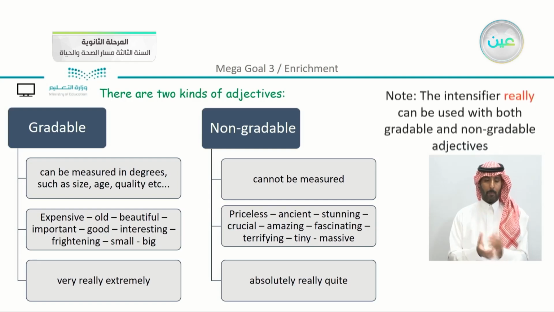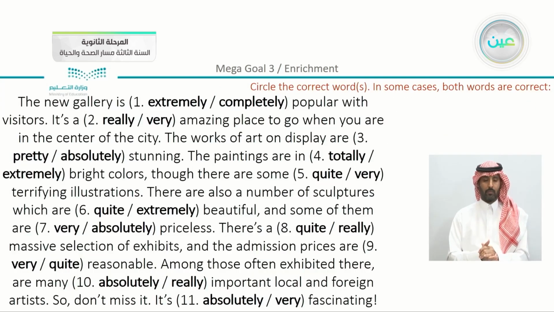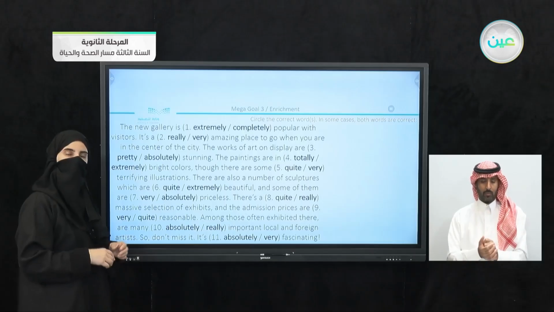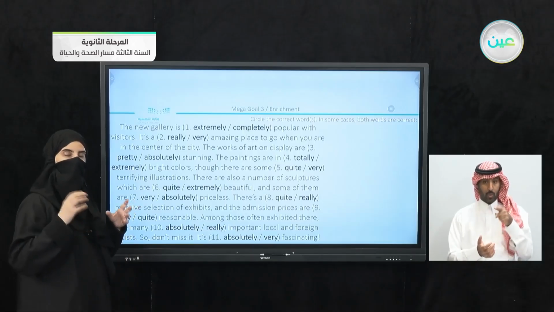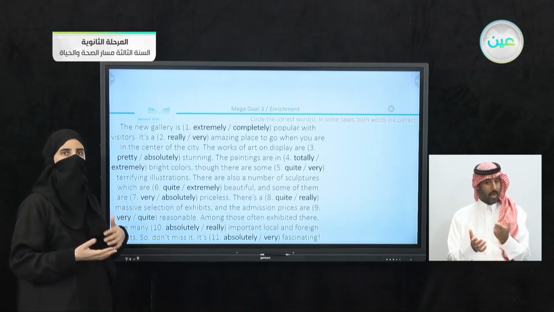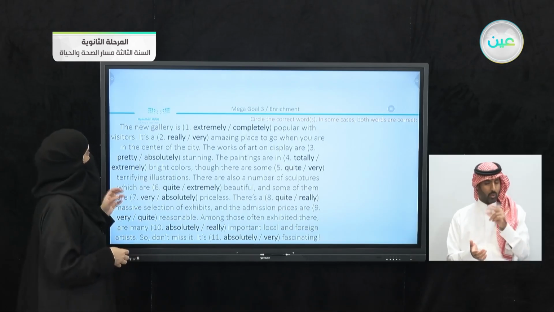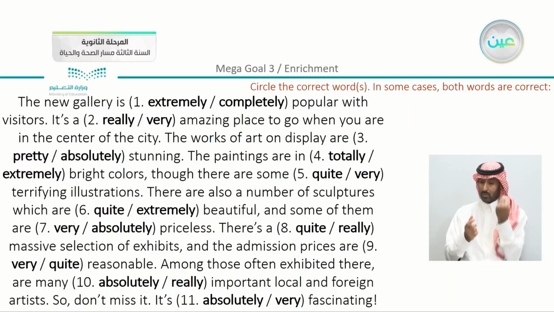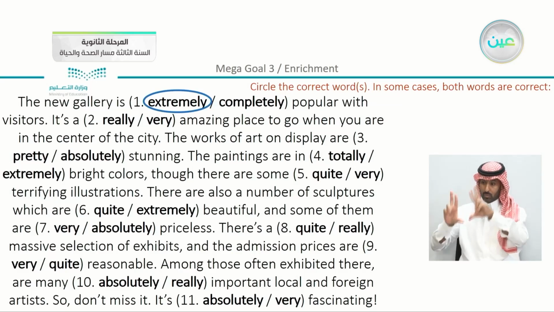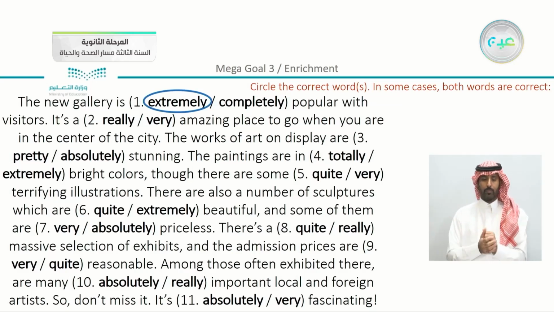Moving on, we have the exercise. So let's just do it very quickly here. Now, you do have to know or be sure of what type of adjective you have here. Now, the first thing, the new gallery is extremely or completely popular. We can say that it is extremely. With visitors, it is really or very amazing. Which one is correct? So we have here, it is really amazing place to go when you are in the